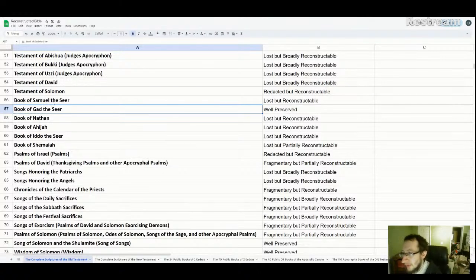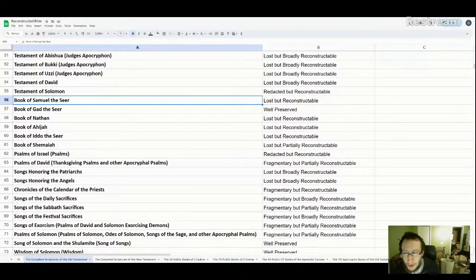And how will we reconstruct it? Well, first of all, First Samuel has a striking amount of information almost exclusively about Samuel, David, and Saul. So what we can tell is that the book of Samuel the Seer was only about Saul and David. Secondly, it was primarily about everything up until David became king. Once he actually became king and Saul died, now the other prophets take over because Samuel was already dead.